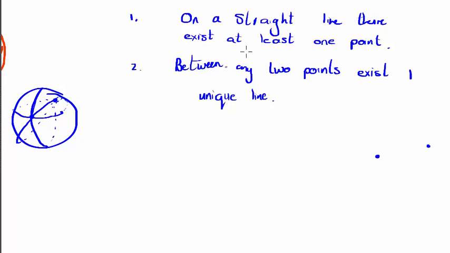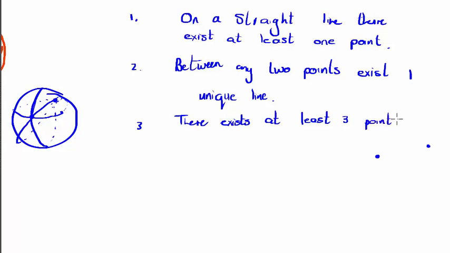Now there's many. So on Earth, these are the assumptions for Euclidean geometry. It's the assumptions we make, and it produces a flat universe, and that works on paper and on small scale. But as soon as we go beyond that, we need to change our assumptions to include a curvature. The third one is that so far we haven't said anything exists. We just said if they exist. For example, if there's a straight line, there's a point. If there's 2 points, there's at least one straight line. So the third one is there exists at least 3 points.